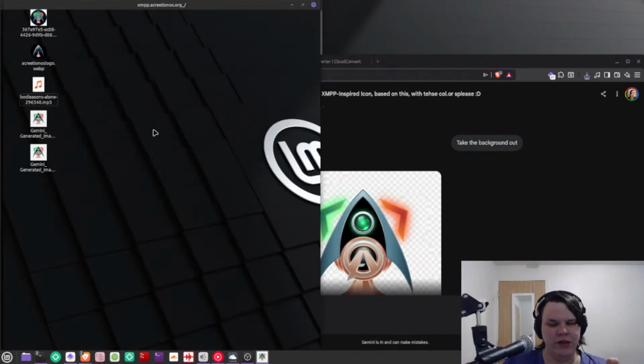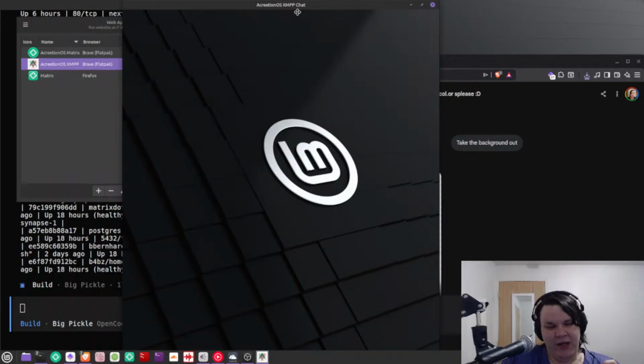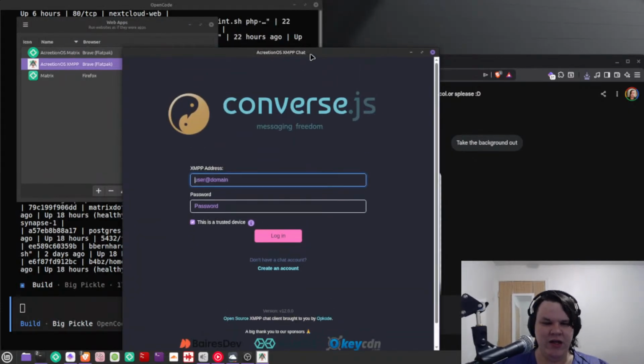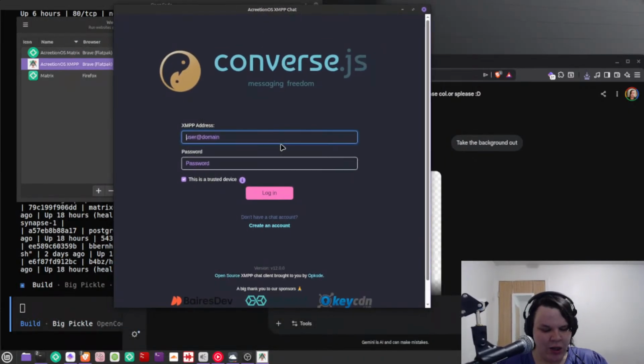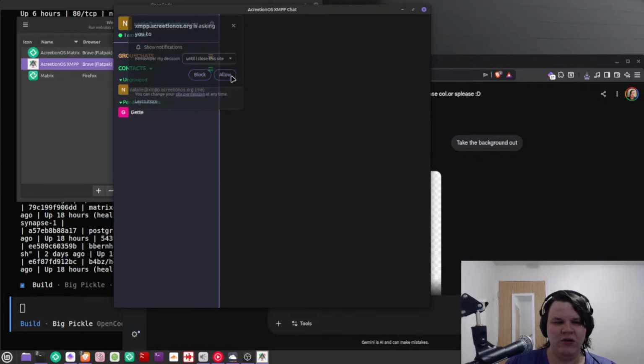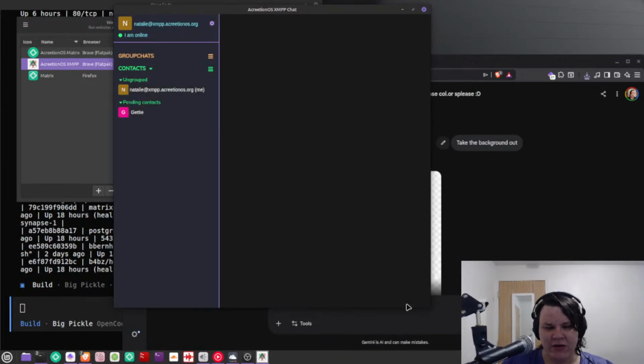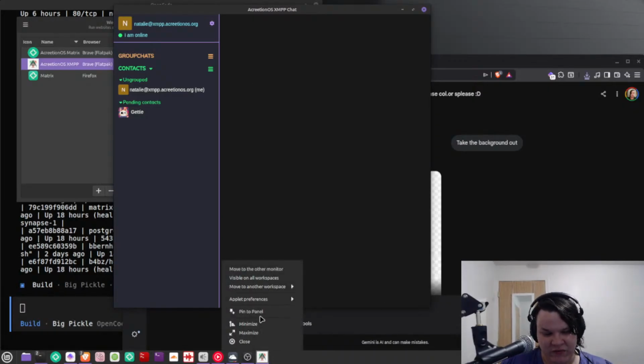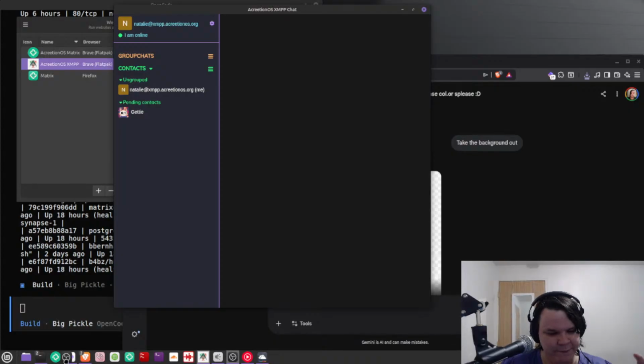And now it should just pop up the website in a window. So you can see here, it's just converse.js, the front end. I believe my plugins are working. Don't know. You might have to register, but that's totally fine. And my username and password. Cool, it works. You can see here, it's very, very fast. It's very easy to use. And it works great for like a basic client like this.